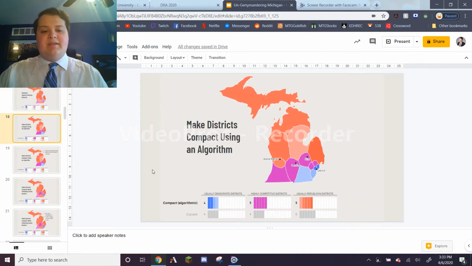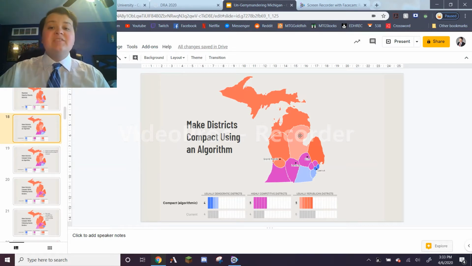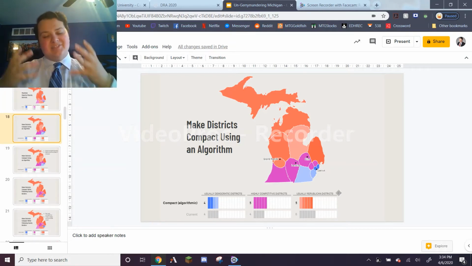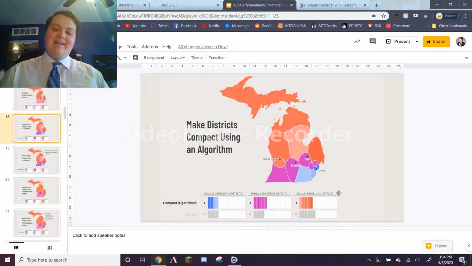Another interesting method is making districts compact using an algorithm. So as you can see, having very rounded corners. This is done electronically, with computers, mathematically, to create districts that are as small and as compact as possible without having arms branching out and different blocky structures and whatnot that we usually associate with gerrymandered districts. But like we said earlier, just because it looks funny doesn't mean it's a gerrymander, and just because you can make it round doesn't mean that's a good map.